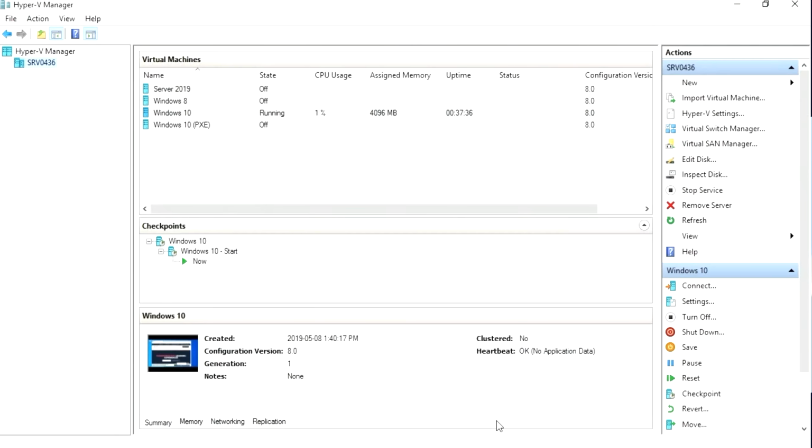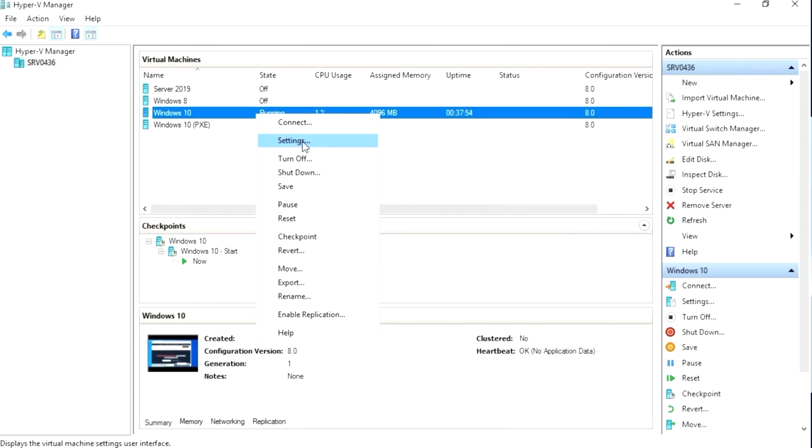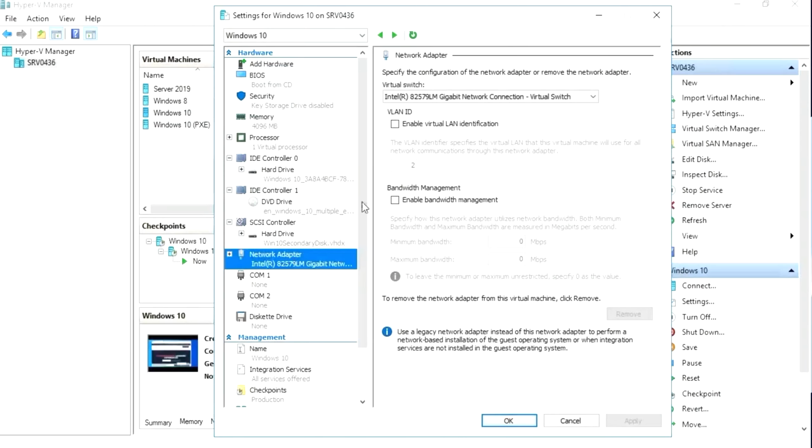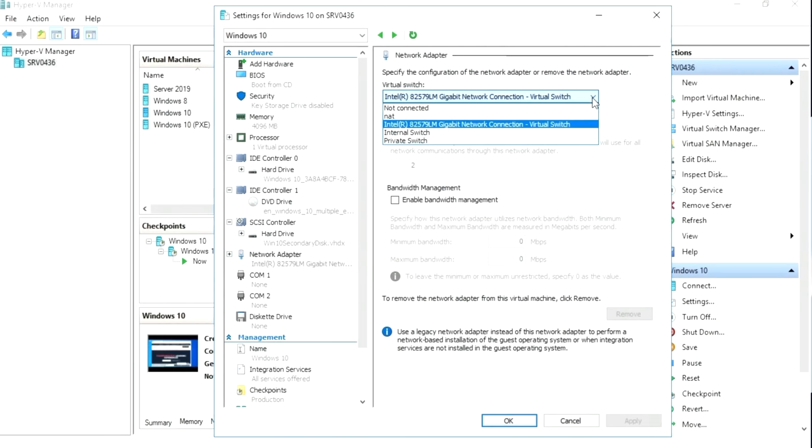Now, creating the switches doesn't really do much in terms of the virtual machines themselves. So you have to set each virtual machine to use any given switch. So right now, the Windows 10 system that I have is already running, and I can leave it that way, but let's just double check. We'll right click and we'll go to the settings here. And then assuming that a network adapter has been configured for this virtual machine, you simply select the adapter and then you specify which switch it should use. So I can hit the drop down here now and I can choose my internal switch or my private switch. And of course, depending on which choice I make, that will determine how this system is able to network.